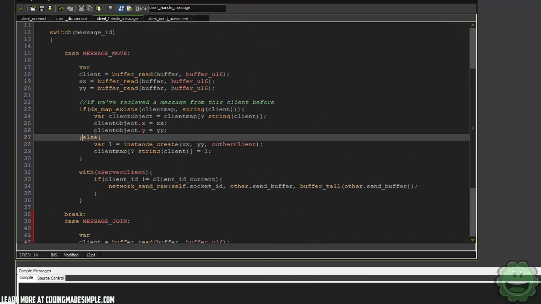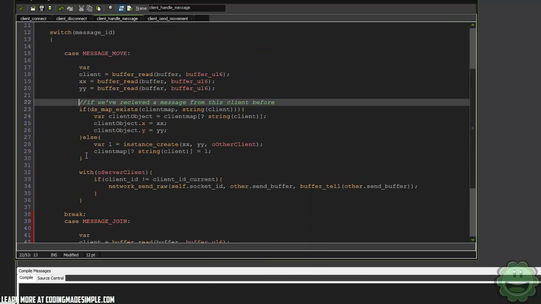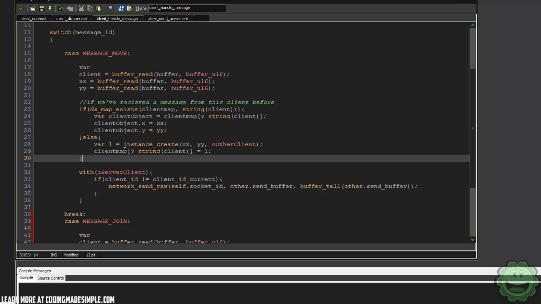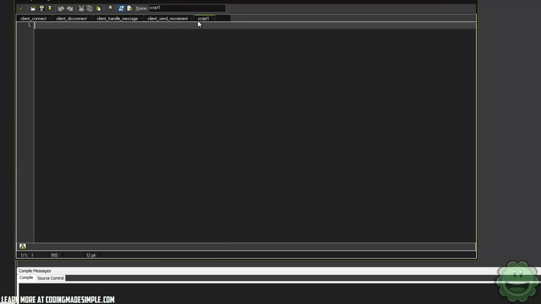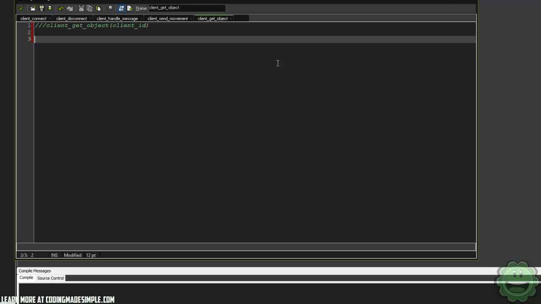If we keep on using this system, it is going to get very, very long. So what I want to do is simplify how we actually get our object that we need. So I'm going to create a new script called client get object, and it's going to take in the parameter of a client ID,